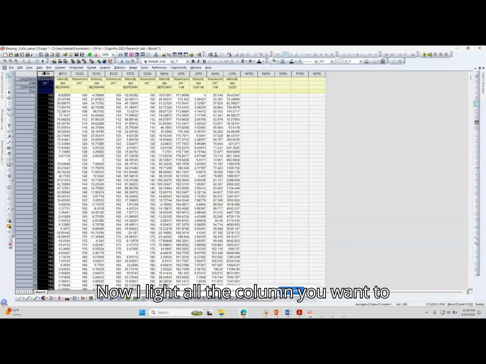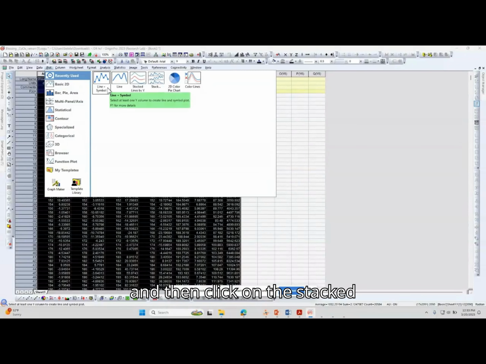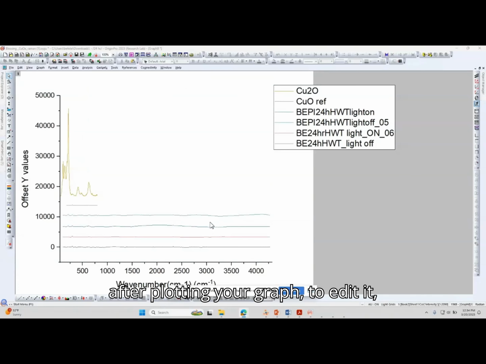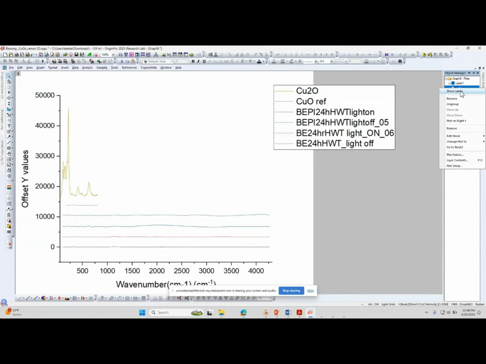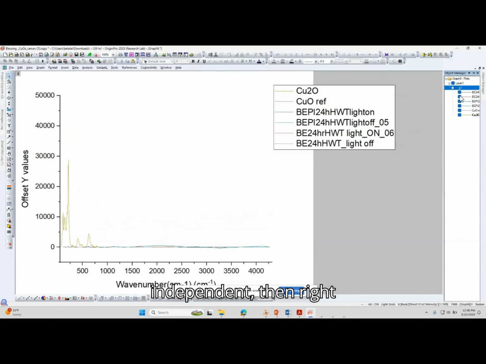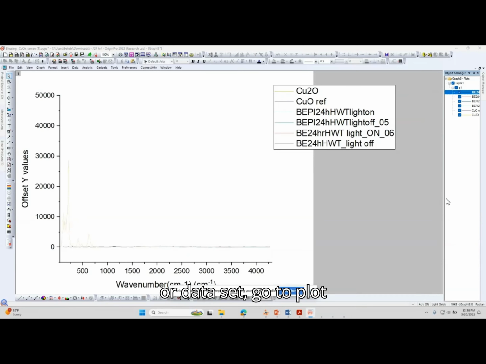Now highlight all the columns you want to plot and then click on the plot option and then click on the stacked option. Now after plotting your graph, to edit it, you can go to Object Manager, right click on Group 1, go to Edit Mode, change to Independent, then right click on the first plot or data set, go to Plot Details,